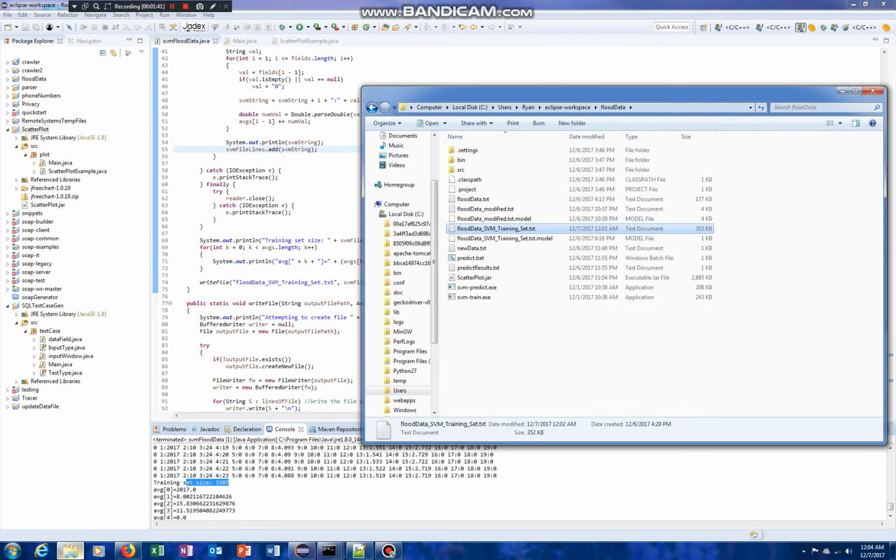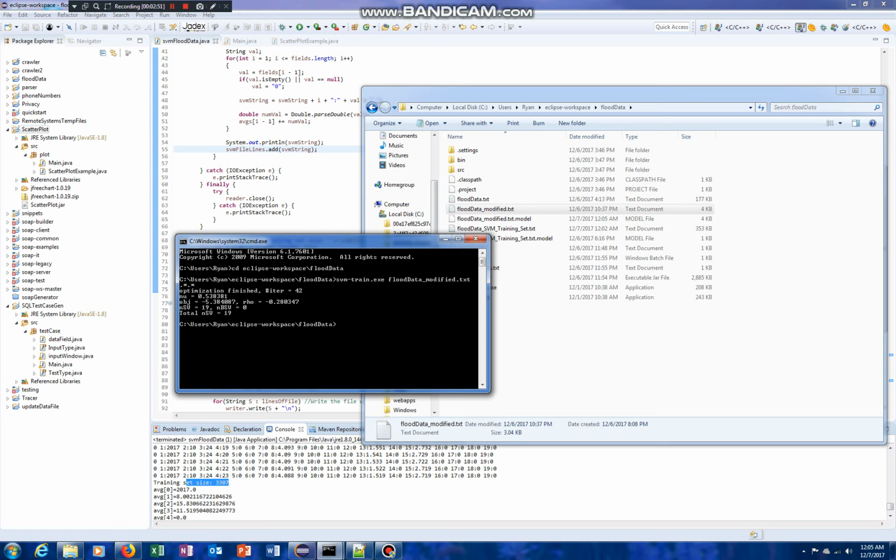Okay, so now we want to create our SVM model. And again, we're going to be using LibSVM. All right, so we want to do SVM, and we will use it on the modified file. What this does is it creates this .model file right here, and it uses that to predict new incoming